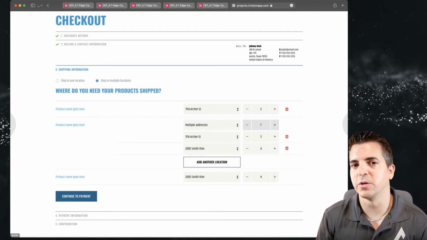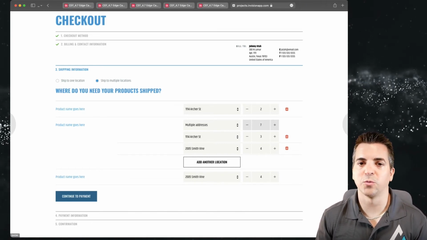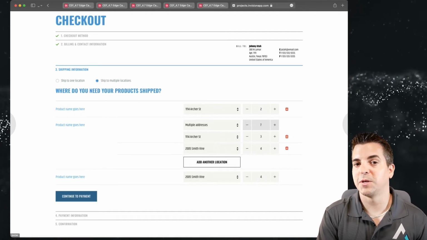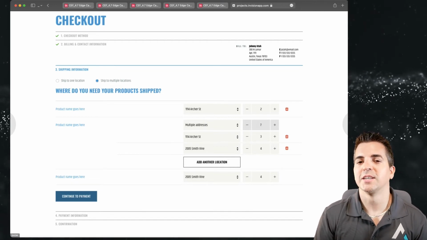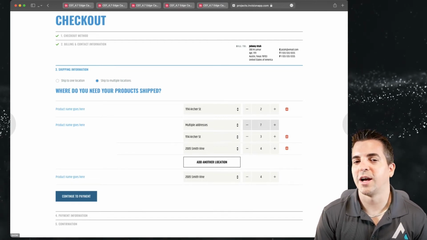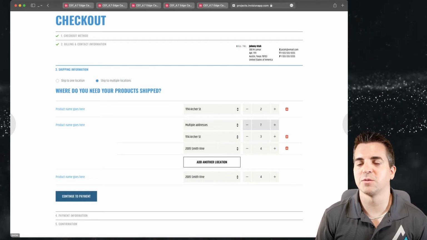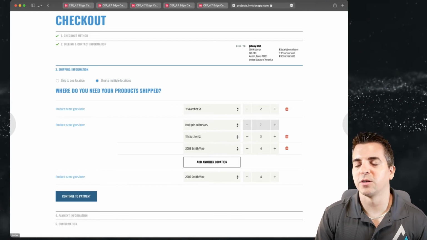Maybe they're even going to do a split shipment because they have a back order that they want to place while they order something that is maybe in a physical retail store that they're going to go pick up immediately. It's really up to you as far as how you want to take advantage of this within your business. And one of the big things that we want to encourage you to look at is whenever you're evaluating your options,